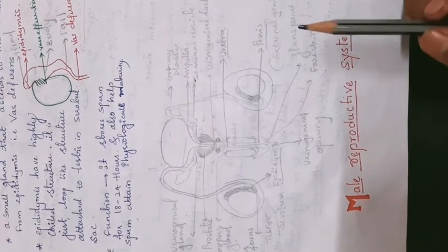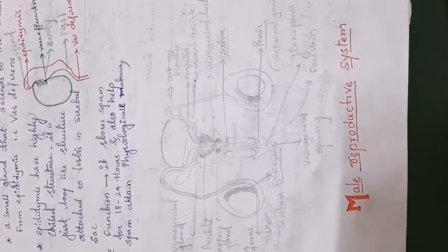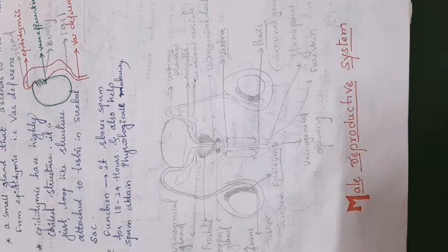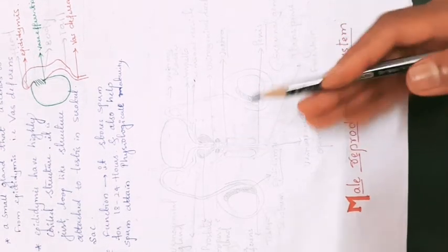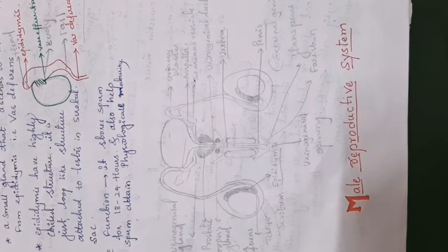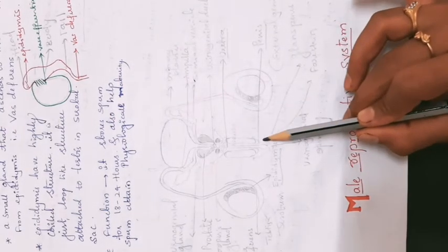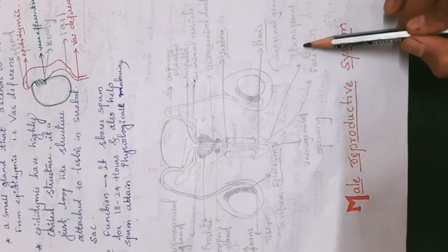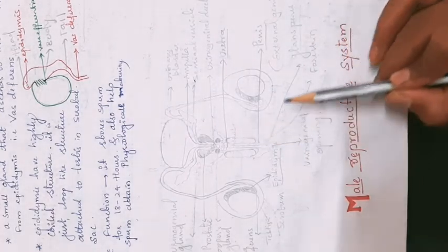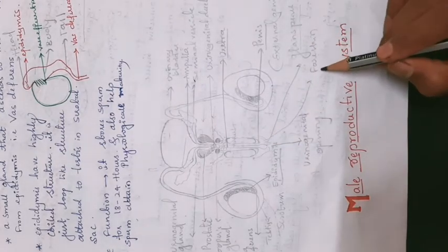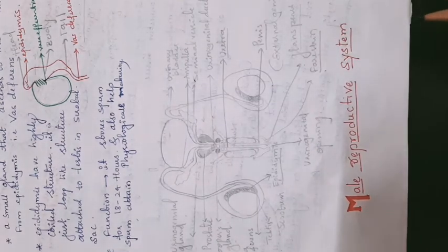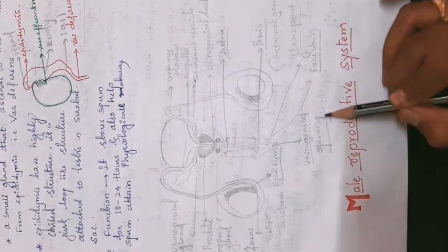Okay. Then the later part of the urethra, which contains both urine and sperm, we can say is a urinogenital duct. That urinogenital duct later passes through a specialized muscular structure called the penis. That penis is somewhat swollen at the lower end. The swollen part of the penis is called the glans penis, and it is protected by a small loose tissue called the foreskin. A small slit like opening is present below, called the urinogenital opening or urethral meatus.